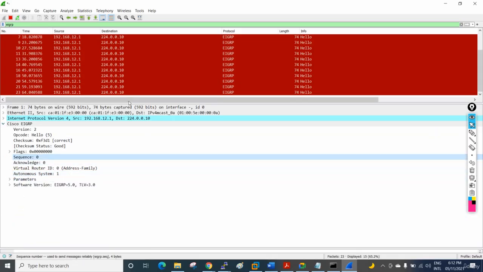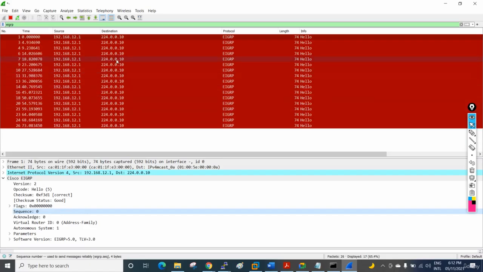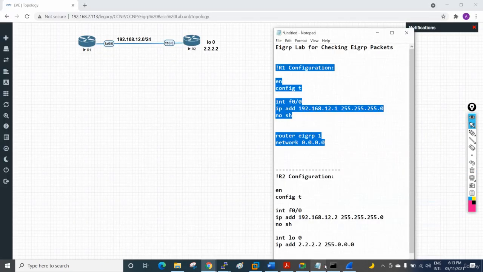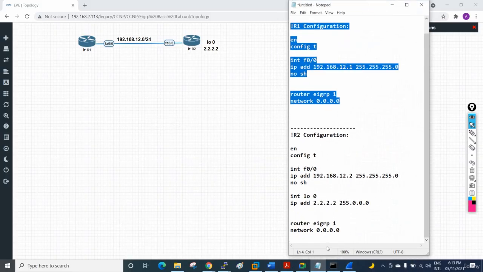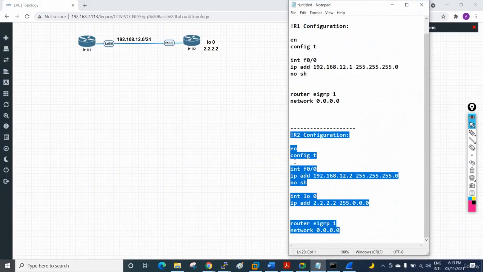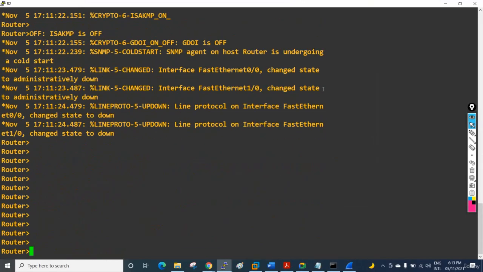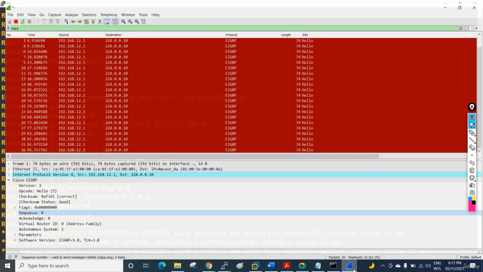So now we can see only one hello packet is going on. Only router 1, 192.168.12.1, is sending the hello packet on the multicast. The other router has not enabled EIGRP. So what we will do, we will copy and paste for the other router also. So I will copy from here. This is R2, and if you see, configuration is okay. We will go in the console of R2 and we will paste this one here, and after that, if you observe here in Wireshark,